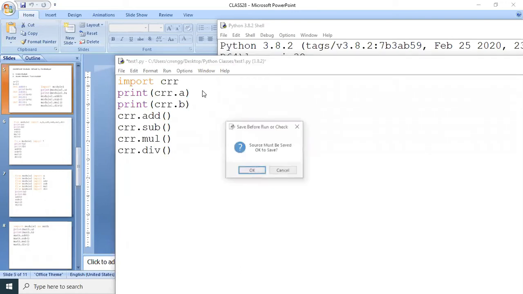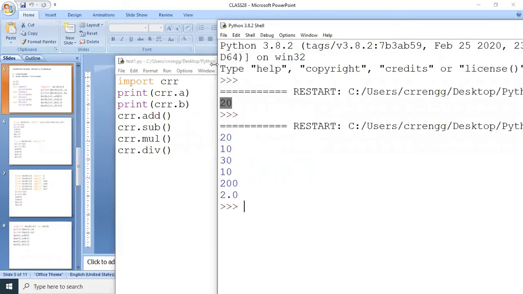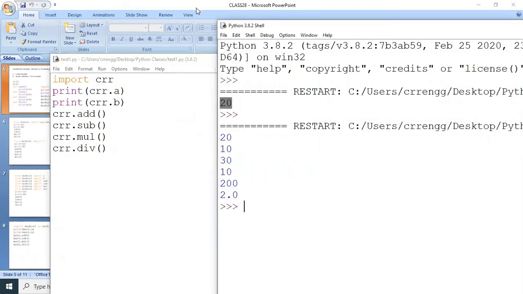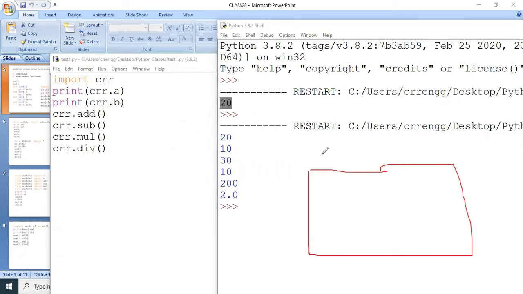Now, if we execute this, what happens? These functions and members are defined in a module. The module name is CRR. In this we define a equals 20 and b equals 10, and we define four functions: add, subtraction, multiplication, and division.